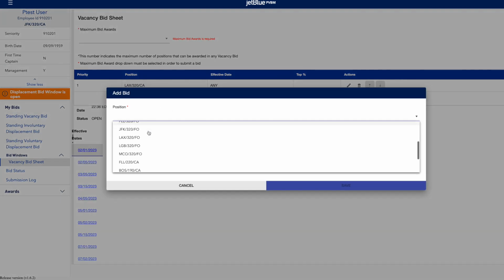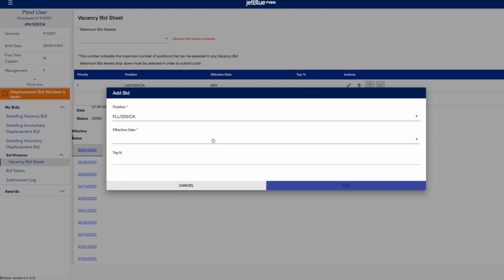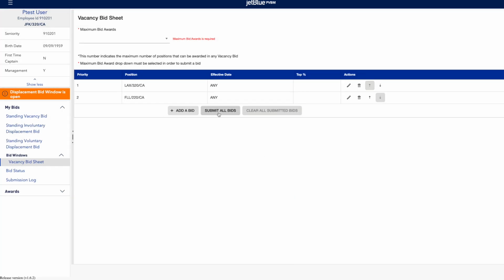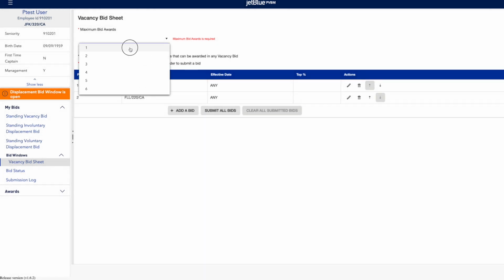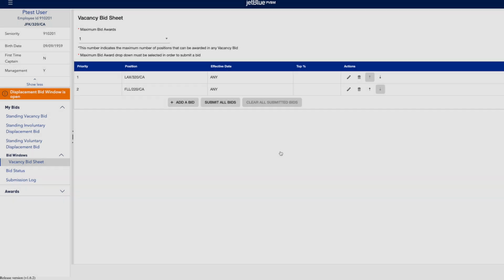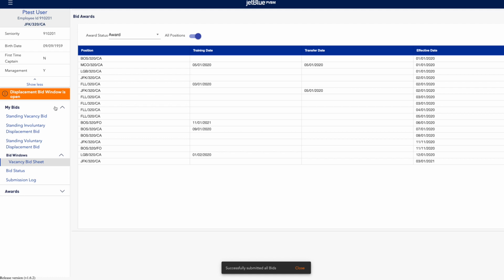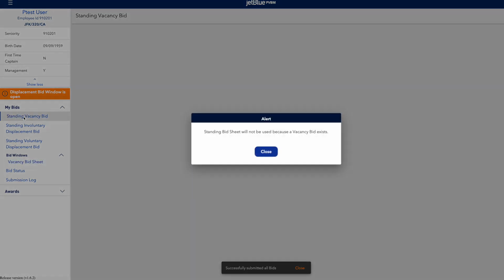And they forget that they had something in the other side. So what will happen is, I've submitted a, oops, I gotta put 2, or put 1 in there. There we go. They'll forget that they worked in this standing vacancy bid, or they'll forget that they worked in the vacancy bid sheet. Now when they return to the system, they go here and look at this page